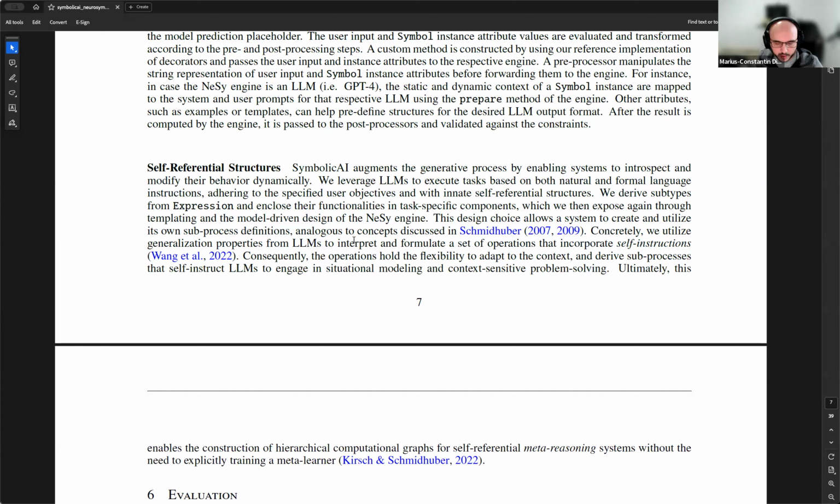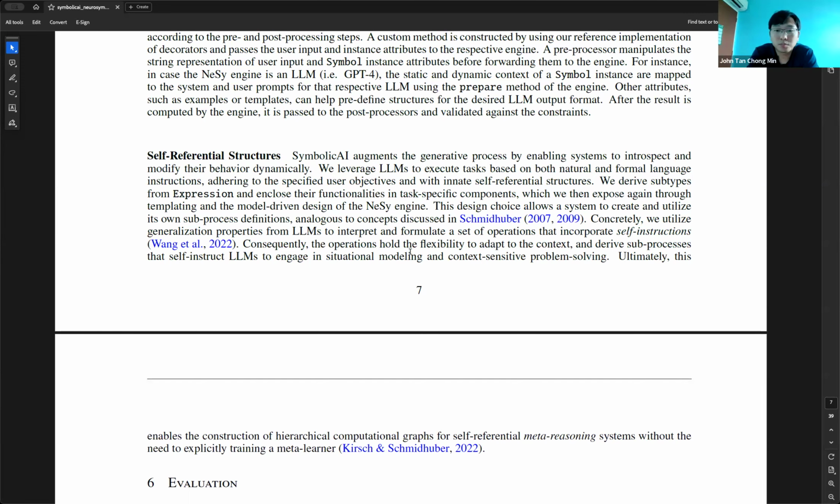Exactly. So these are exactly self-referential structures that are already realized, where you can look at examples of how we did that. But it's obviously not one expression or something like that. You have to find compositions of how you want to have your execution flow, right? And this is the crucial part. Probably you can abstract away, like create an expression that would be general enough to cover a lot of the self-referential structures that you would want.